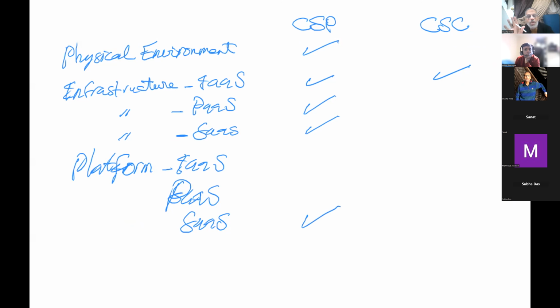But if you are speaking about PaaS, what do you mean by PaaS? With PaaS, I am responsible for building my application, so it is shared between the cloud service provider and the customer. And if I'm speaking about IaaS, then it is totally the cloud service customer. Why? Because in IaaS, I took only servers. Then whatever programming languages, libraries, or databases, it